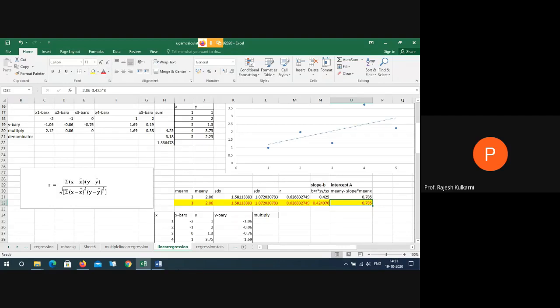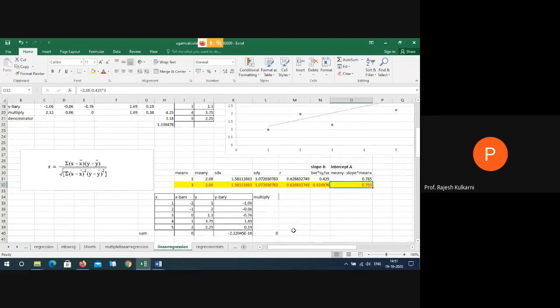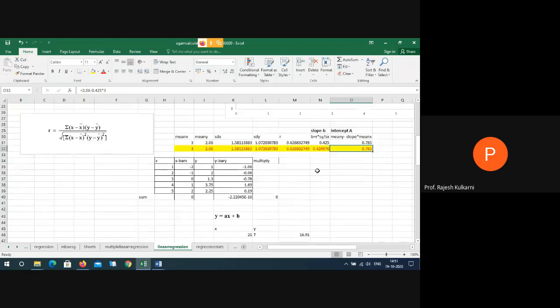Okay. So our formula is y is equal to ax plus b. So the same formula we can use to predict a new value. So this is the formula, y is equal to ax plus b, right?